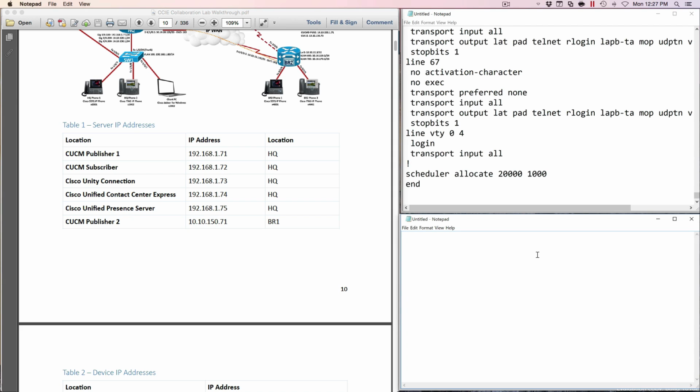Let's do this. Let's say for the HQ CUCM server, specifically the publisher server, it has an IP address of 192.168.1.71. I'll do a quick double check, make sure I get that right. Let's do the HQ CUCM subscriber server. It's 192.168.1.72. I'll also do the BR1 CUCM publisher server. Not doing everything, just the ones that I'm going to use probably most often. And it has an IP address of